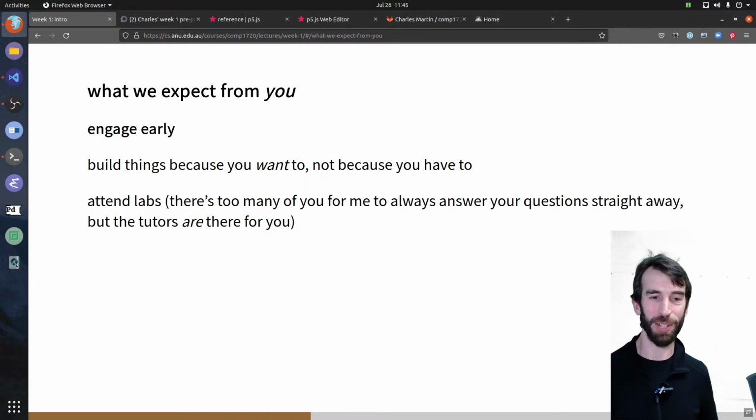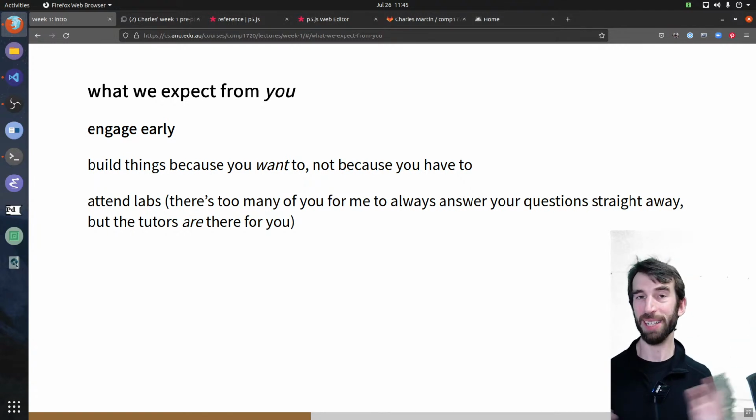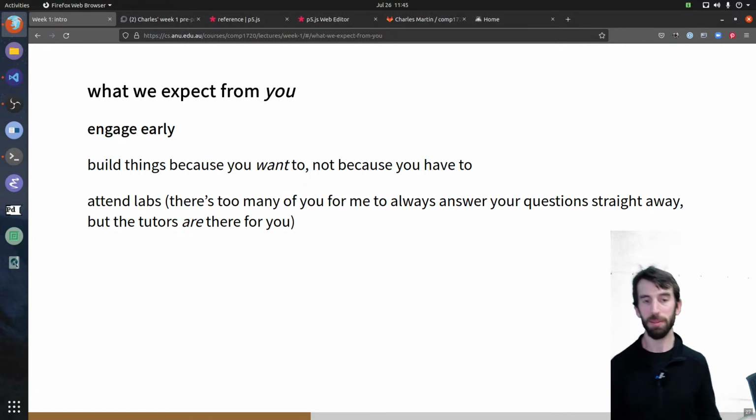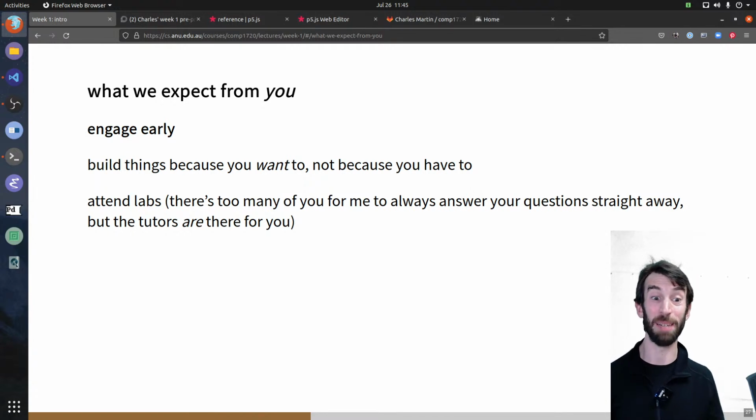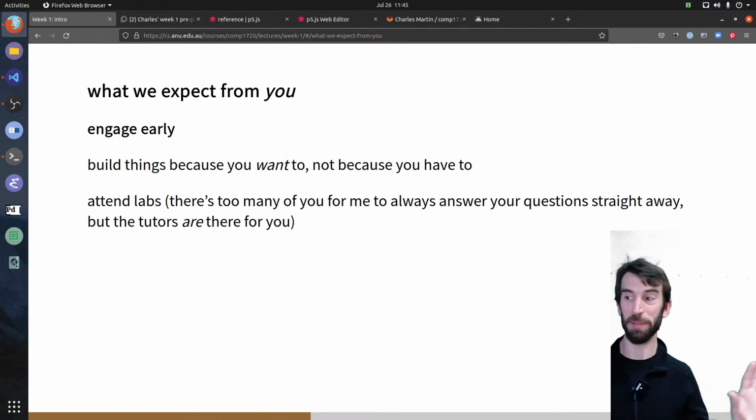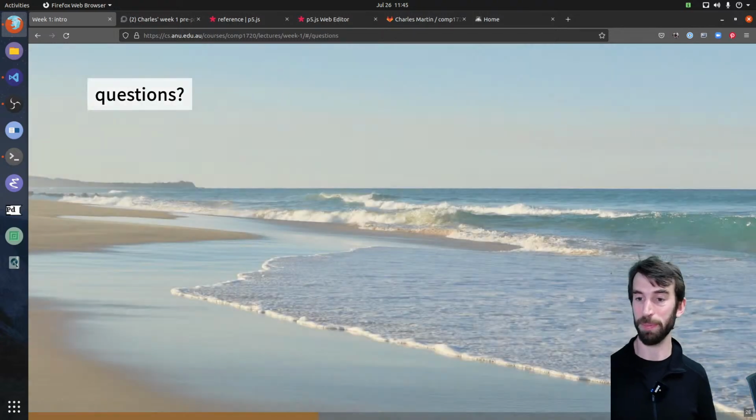There's great help and discussions going on for how to sign up for labs, which is really good to see. We have a website in computer science called Streams, which is our lab sign-up system. What you should do right now is go to Streams and make sure you can log in. If you can, then at 2 p.m. today, you'll find that the link for joining a Comp 1720 lab will magically become active. I'm not going to enable it until sometime after this lecture finishes. I have to do it at a time when I'm free because things get a bit crazy when lab signups happen, so I want to be free to answer questions on the team or the discourse.